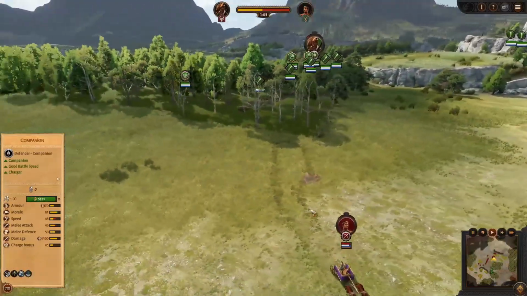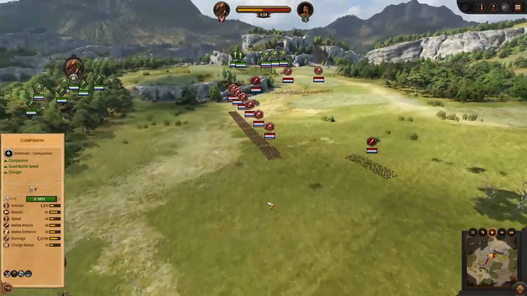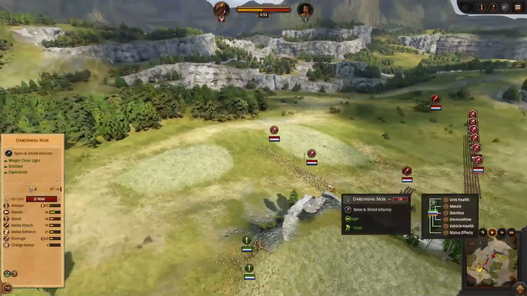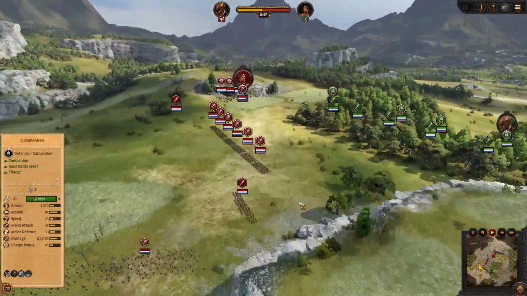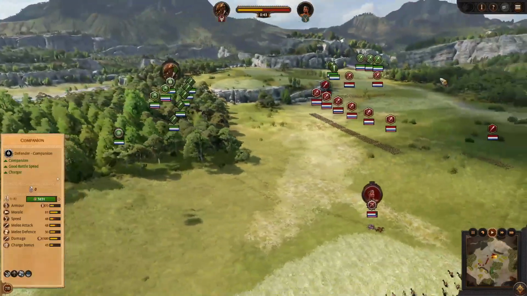Rakesh, I don't think, knew exactly what happened. Just knew that it was hurt and decided to move away from it. Meanwhile, my 2 Laconian Hillmen, which are still visible to the enemy, they've decided to put their Dardanian mob in the way. But you can see my Light Spear Runners back there are moving to get into the trees behind